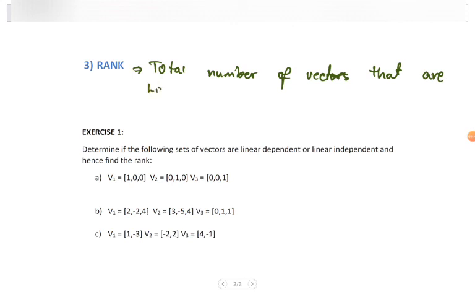And we're going to see that in this example. So here we have this first example. It says determine if the following sets of vectors are linear independent or linear dependent, and hence find the